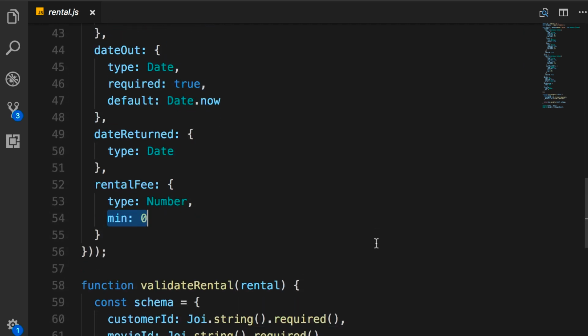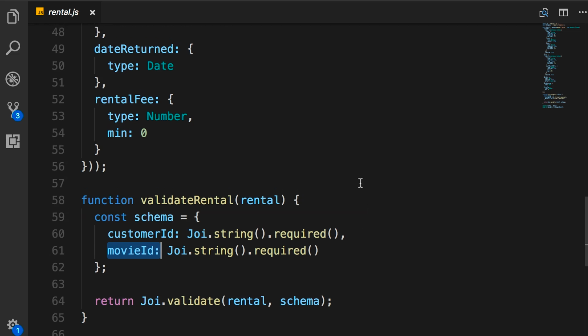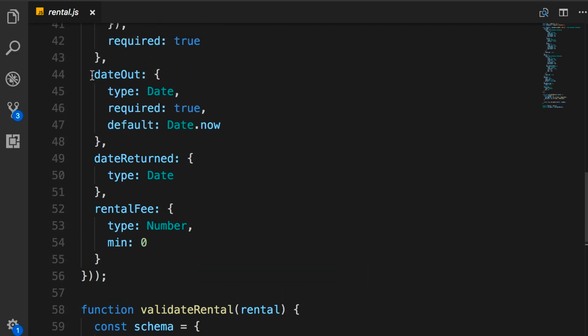All right. Below that, we have our validate rental function. Note that the schema that we have here is very different from the schema we defined for our rental documents in MongoDB. So here we have only two properties, customer ID and movie ID. These are the properties that the client sends to the server because we don't want the client to set the